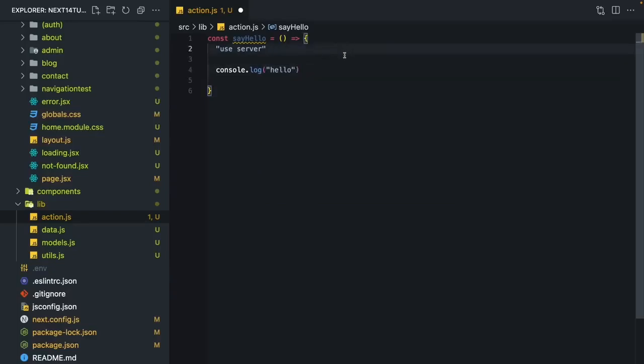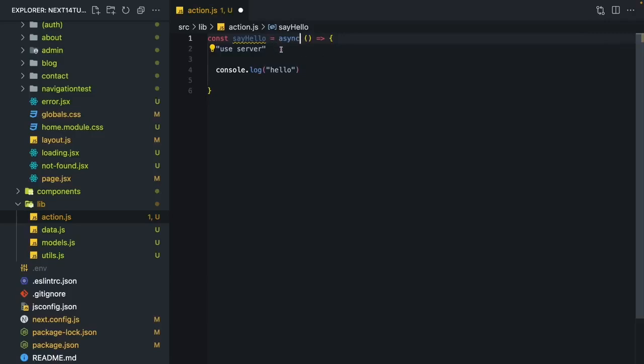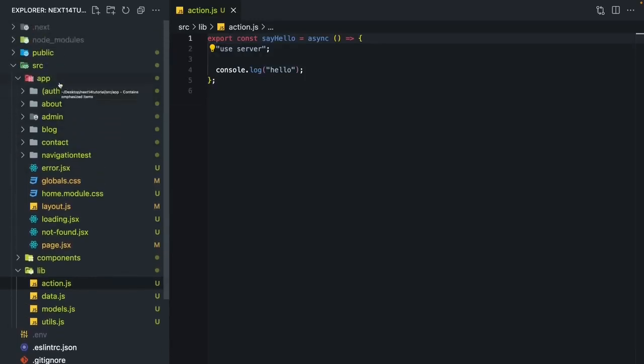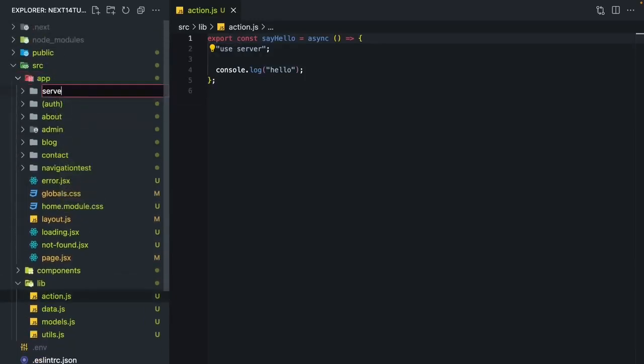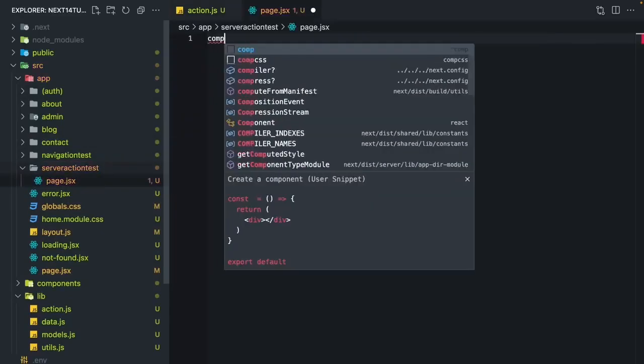And there's something important here. If you are using server actions, your function has to be async. Whether you are returning an async event or not, doesn't matter. It has to be async. So I will say export, and let's use it in our, let's say, actually I'm gonna create a new page, server action test, page.js